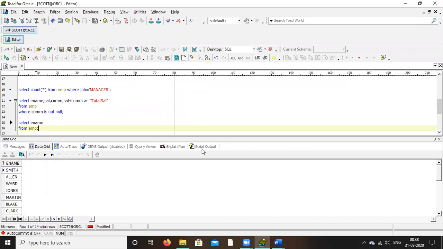Now I want the short name. How to get the short name? In the select you write ename comma. How to find the short name, only first 3? First 3 means substring. You have to use SUBSTR within bracket ename, 1 comma 3.